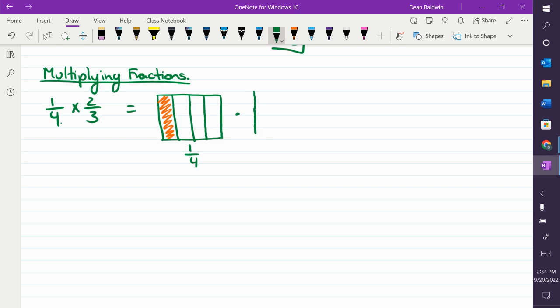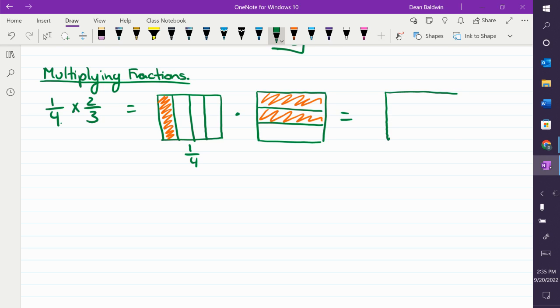times. And 2/3 would have 2 of the thirds. Oh, I should have drawn them horizontally. Draw it horizontally if you haven't already done that. If you take those and you overlap them, which is essentially what you're doing when you multiply, that's this one. And then I add in